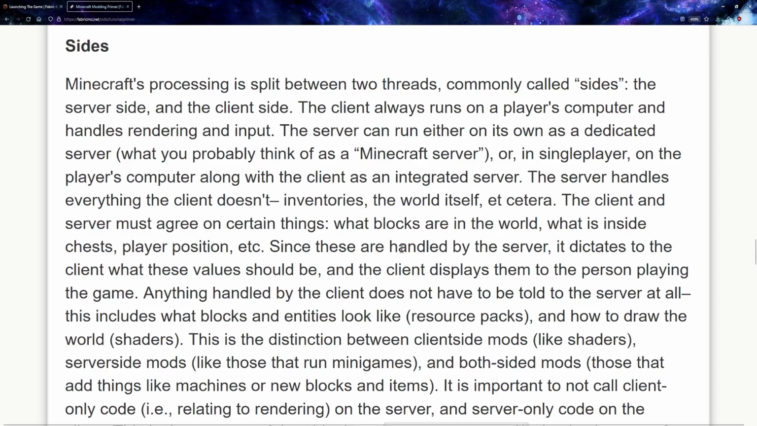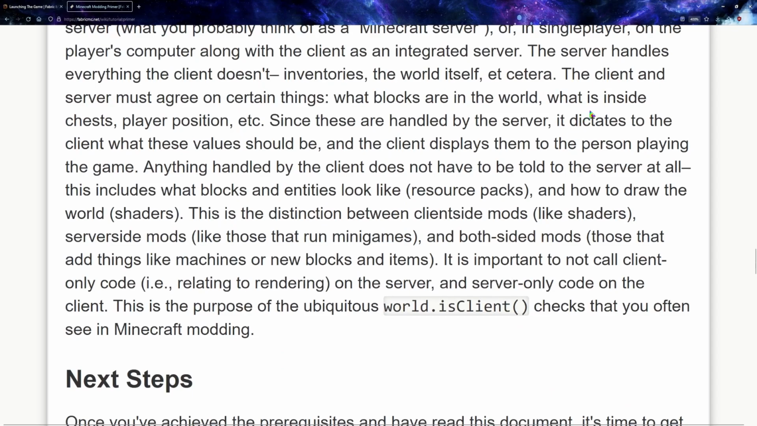Client and server must agree on certain things: what blocks are in the world, what is inside chests, player position, etc. Since these are handled by the server,